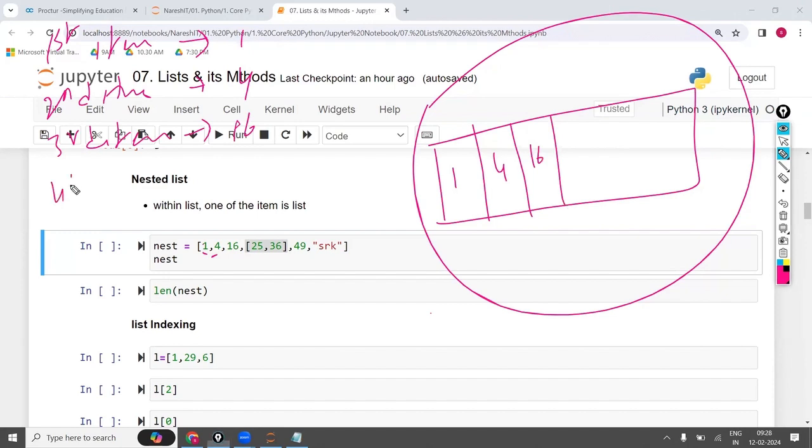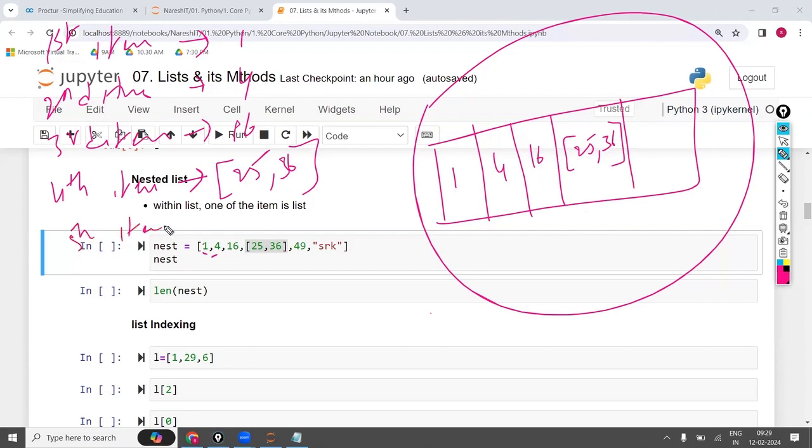Now, what is the fourth item? This is important. The fourth item is a list of 25, 36. It is not 25, 36 separately; it is a list of 25, 36. So in a single slot, it is going to store the list of 25, 36. Next, the fifth item is 49, so it stores the 49.